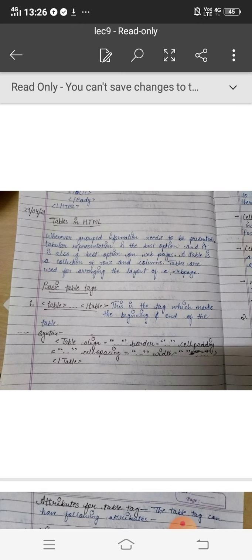So, basic table tags. Now there are some tags for making a table in HTML. First, the table tag, table on, table off. This is a tag which marks the beginning and end of the table. So for making a table on a web page in HTML, we use the table tag, table on,